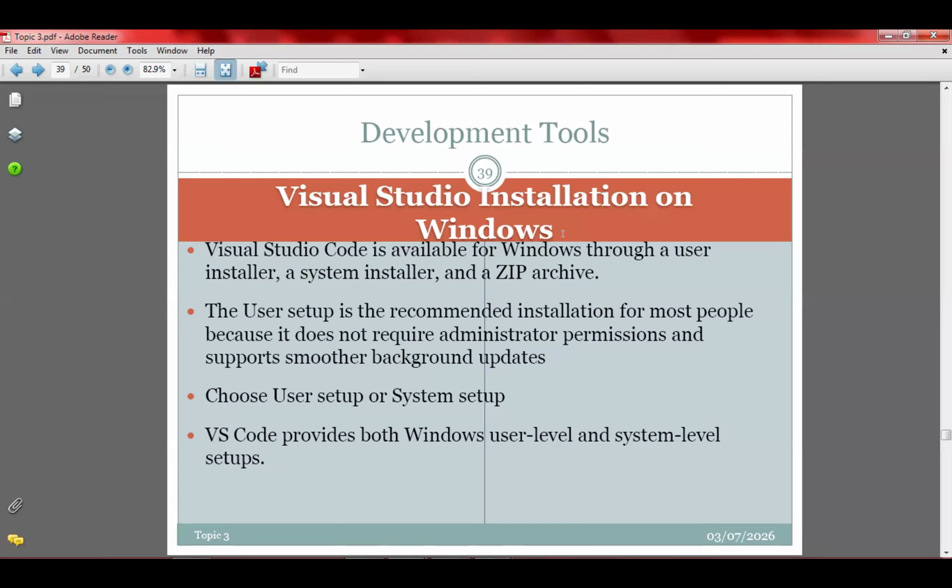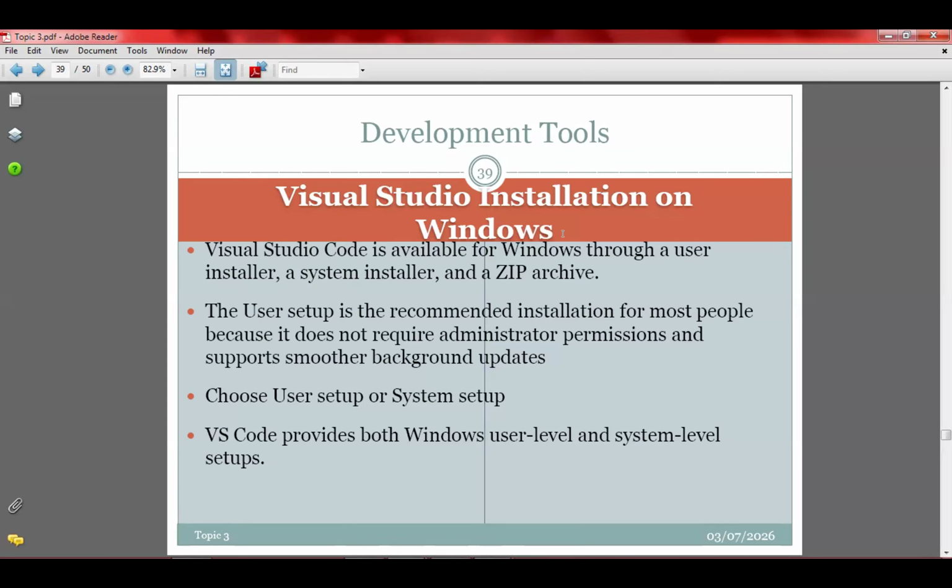The difference between the three is that with the user installer, you don't need any administrator permission. But with the system installer, you need administrator permission. And then the zip archive, you need to unzip.